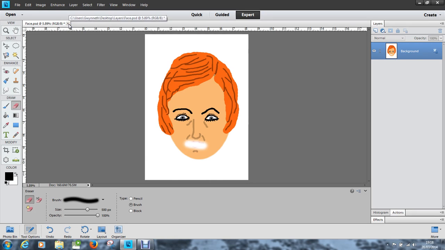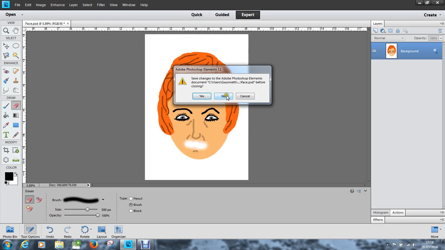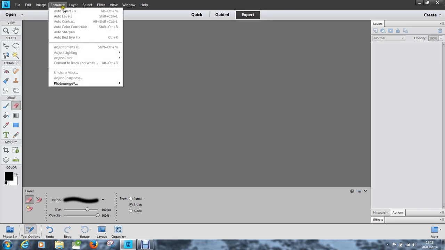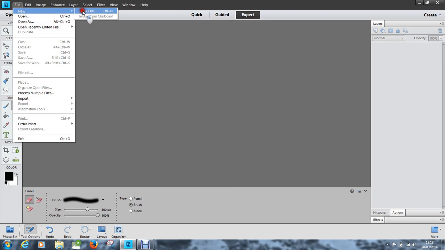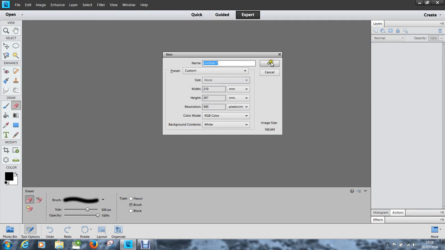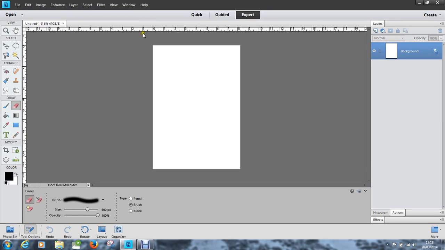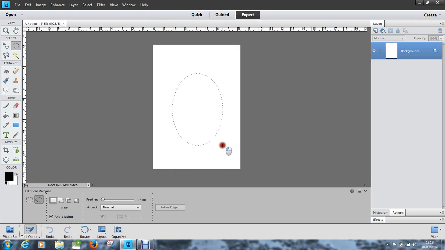So I'm going to get rid of that. I don't want to save the change, and I'm going to start again. I'm going to have a new blank file. I'm going to dock it by putting it against the top line, and the first thing I'm going to do is an oval selection in there. I'm then going to fill it with skin colour, so I'm going to go down to the bottom